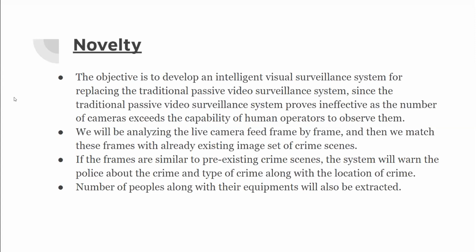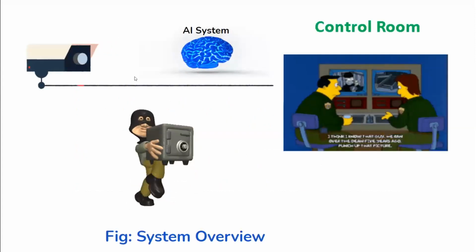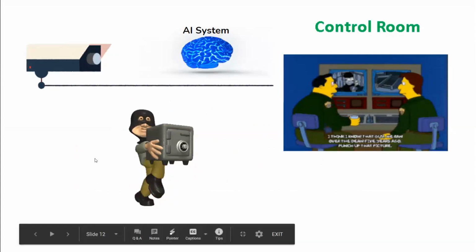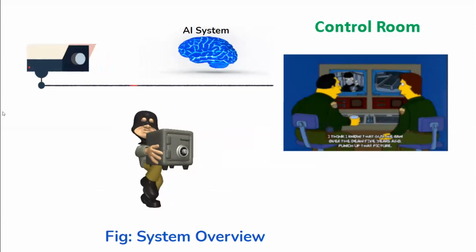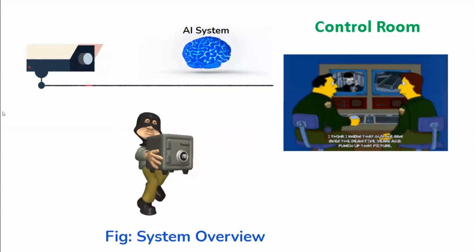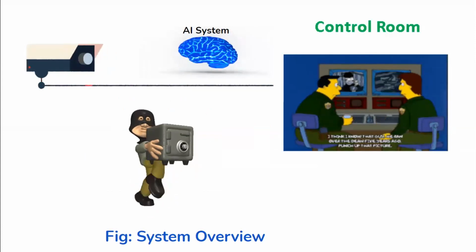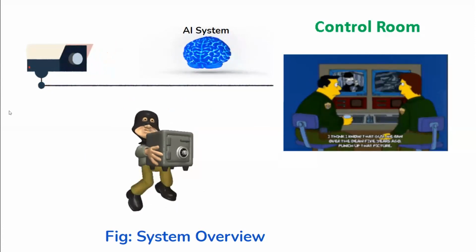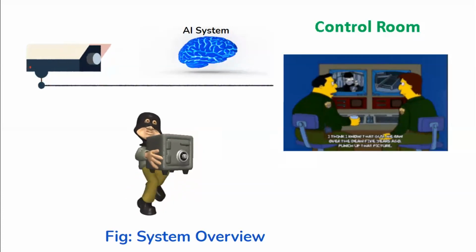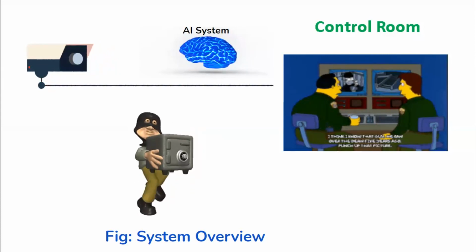Next slide, please. So as we can see, CCTV surveillance is going on, and in our system, the AI system will intrude upon that. It will detect whether it is a usual activity or there's some criminal activity going on. Similarly, the signal will be transferred to the control room on activation, and the control room can act upon that. And here one thing to notice is that they can check the instance right away, and they can thereby avoid some false positive cases also.